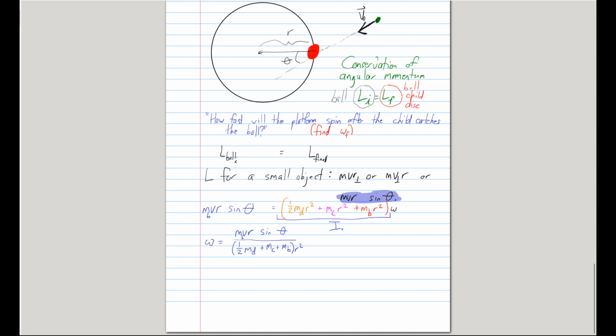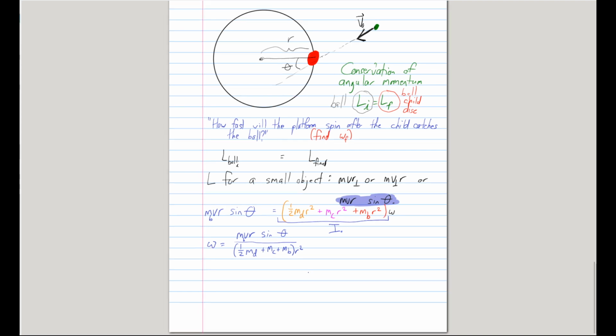In order to get the correct answer so you can check your stuff, I need to type in the right numbers. The mass of the child was 25 kilograms, and the mass of the ball was 3 kilograms, times the radius squared, which was 5 meters squared. And I type all of that into Google Calculator, and I get that omega final is 0.12